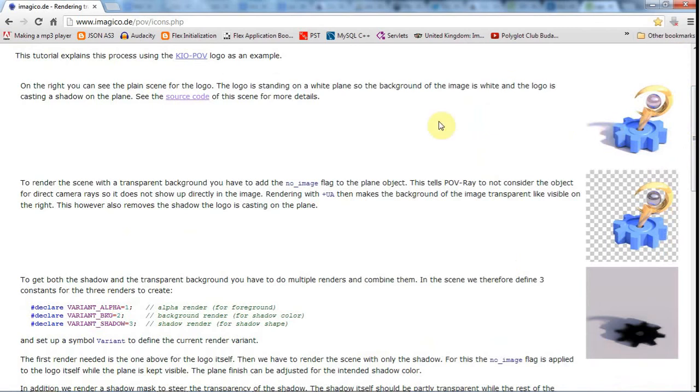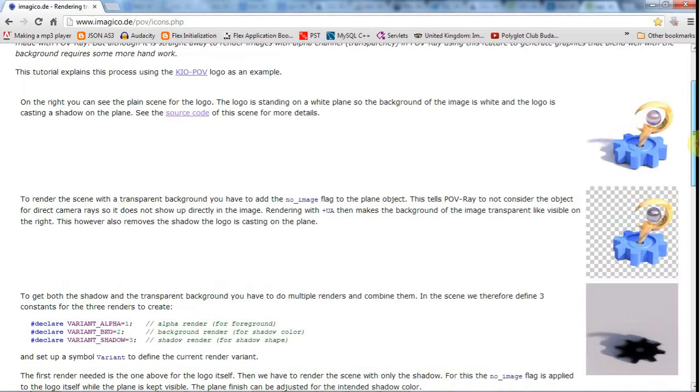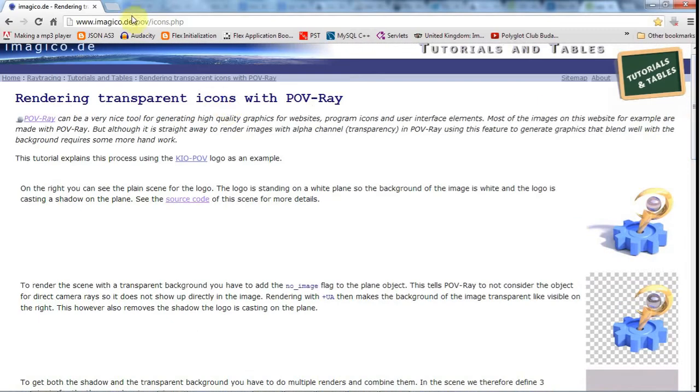So I decided I wanted to have a little 3D looking graphic that looks like it's got a bit of curvature to it, and I want to have a bit of a shadow underneath it. And I searched around and I found this site